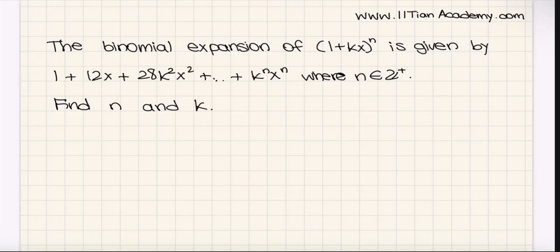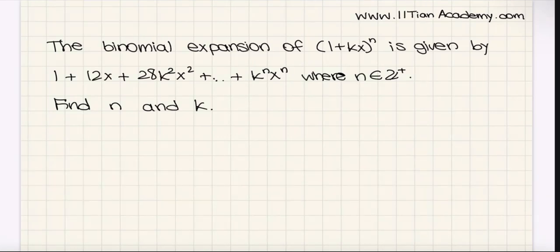The binomial expansion of (1 + kx)^n is given by 1 + 12x + 28k²x² + ..., where n is a positive integer. Find n and k. Okay, so before we do that, I want to just remind everyone the binomial expansion in